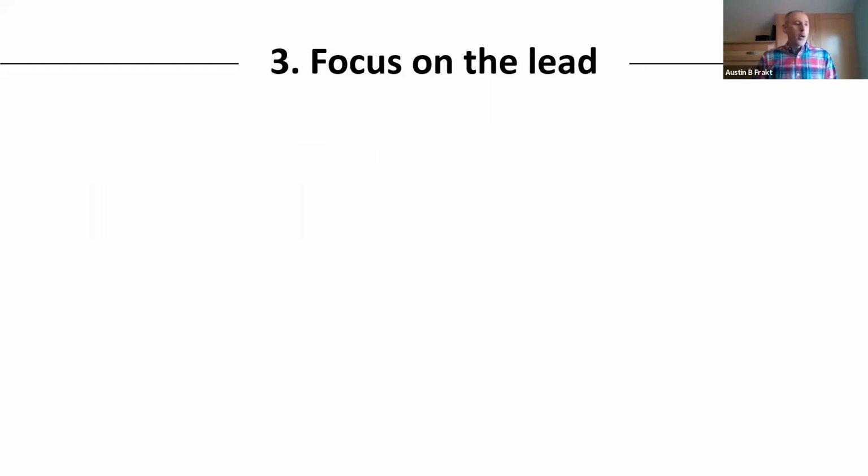All right, so now I'm going to really get into the nitty gritty, and I want to go back. I'm going to focus on the lead of a piece. That's usually the first paragraph or first few sentences of a piece. The reason I'm going to focus on it is I think, well, I'm going to say more than I think. I know it's the most important part of a piece, of a column. And it's the most important for 2 reasons. One, it's the first thing, other than the headline, that anyone's going to read. So if you want to get them hooked on your piece, you've got to have a good lead. And second is,